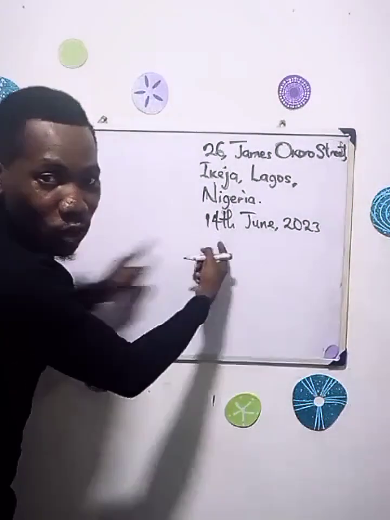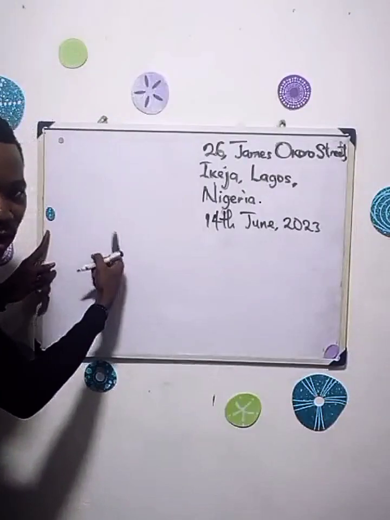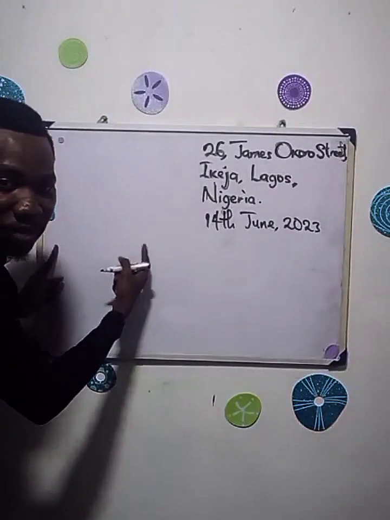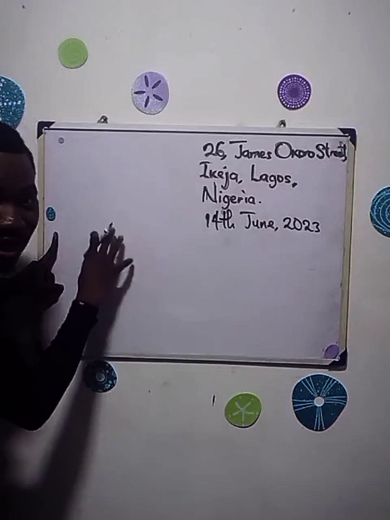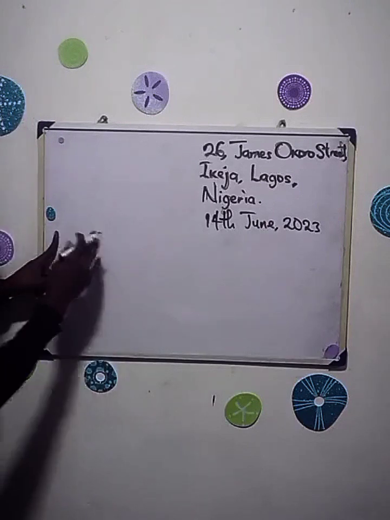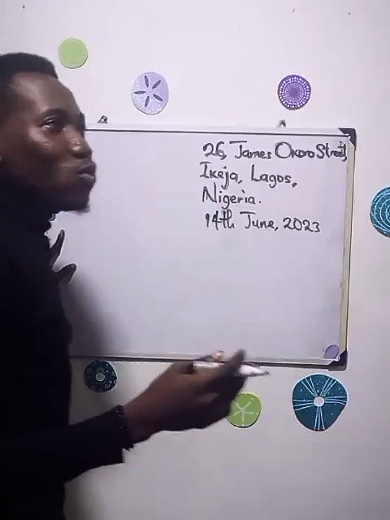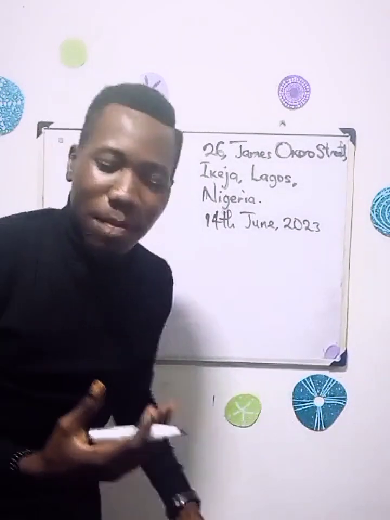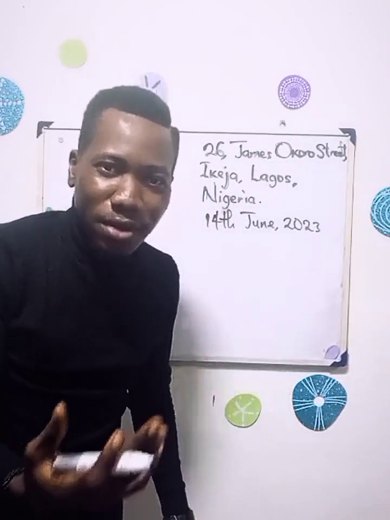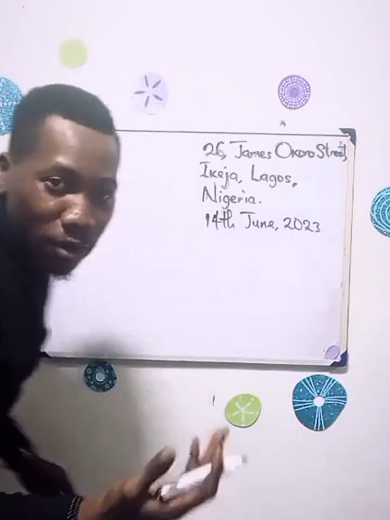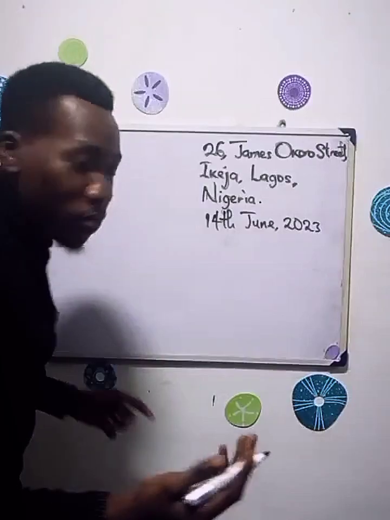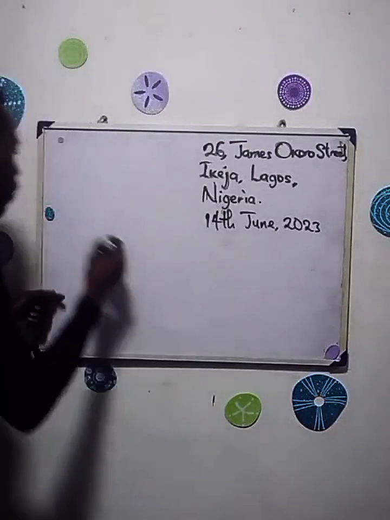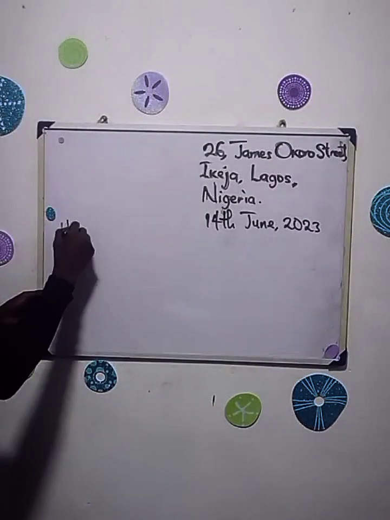Alright, so the next thing you want to do after the date is what? The writer's address, the person you're writing to. So the receiver's address. Now, who is receiving this letter? So I'm writing to the manager. Since it's a job application letter, am I writing to the HR now? Human resource HR, okay? The human resource officer, probably. Or is it the manager? So the human resource officer.